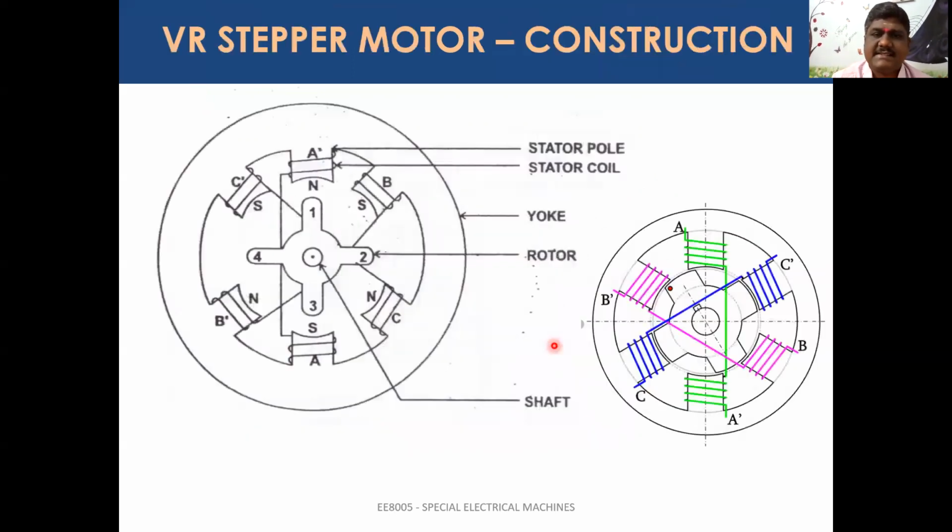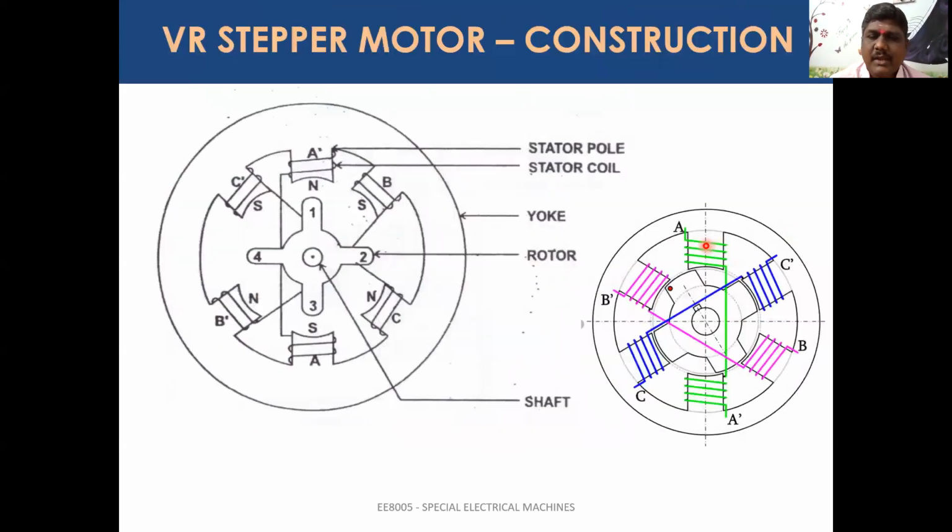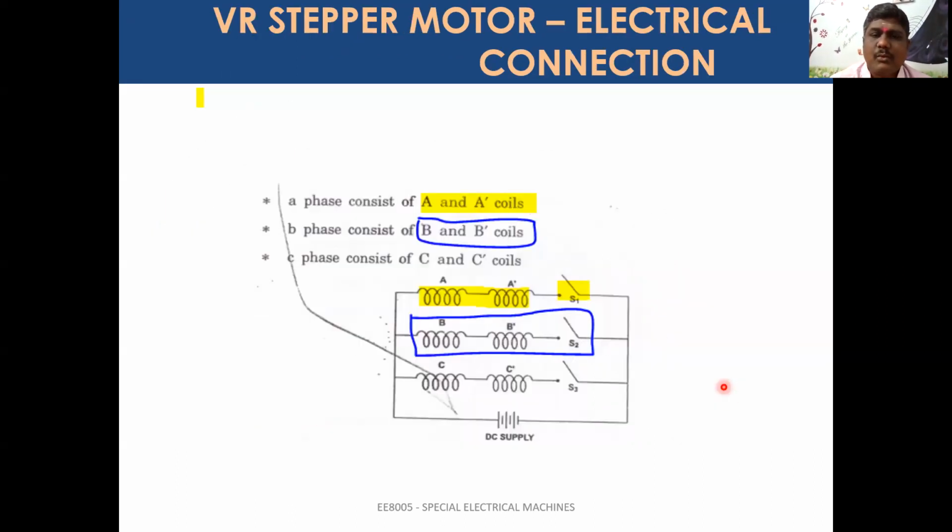In the previous slide, I am showing here that I want to give the excitation for A dash. So I have to close the switch. I have given the excitation color in yellow. Here I'm closing this one. Immediately A dash will be excited. A dash is excited means one will be the north pole and the second will be the south pole. These two will be getting excited by using this kind of DC supply. Now this is one phase excitation. It will be discussed with the modes of operation in the later slides.